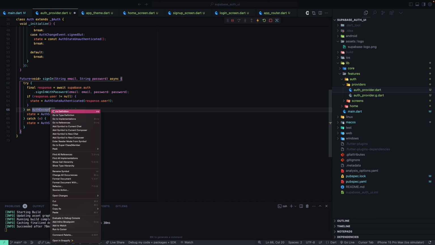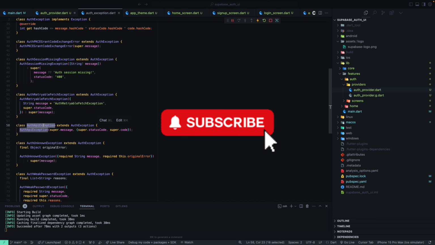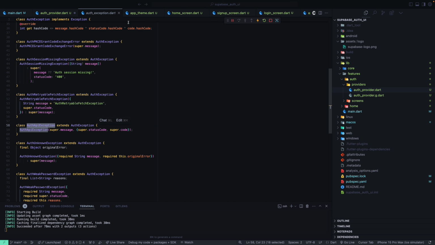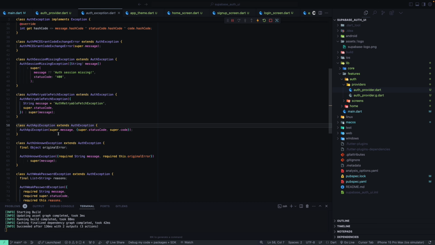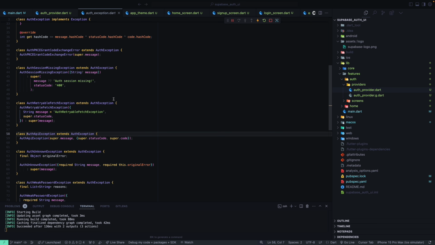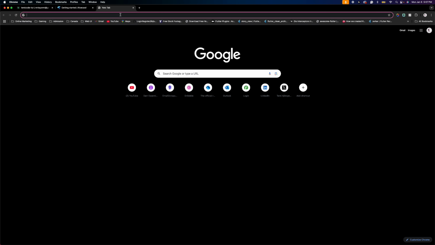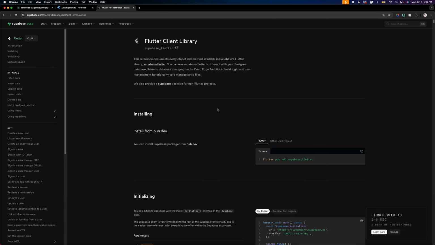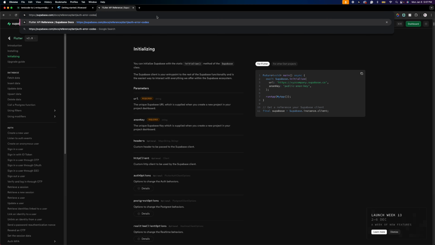In this auth exception, you can say you want to catch the auth API exception if you want. So let me pass in here. You see, you can catch the auth API exception. And if you go into the auth API exception, if you look at the documentation here, you can see a list of error codes that you can check for. So you just pass in that, and oh no, I think their